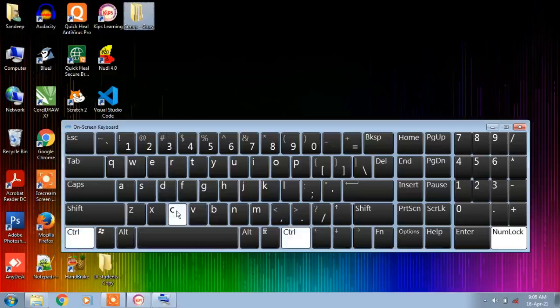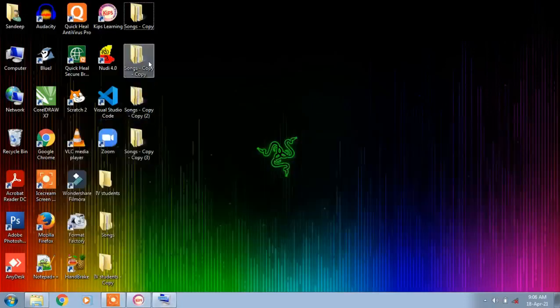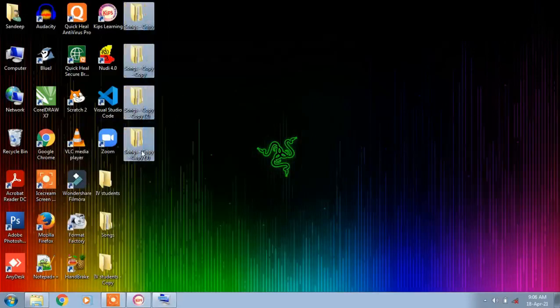Then afterwards hold the Control key again and press the Control V button. See here, copy of copy. Whenever you press Control V, a copy of that same folder gets created. You can see a number of copies are created by using that shortcut also.